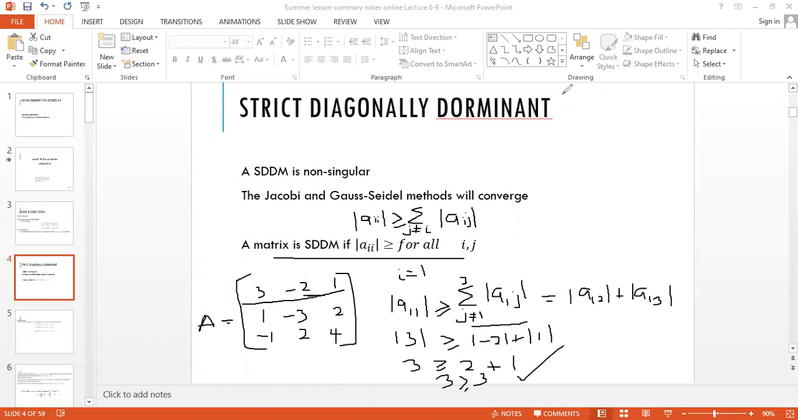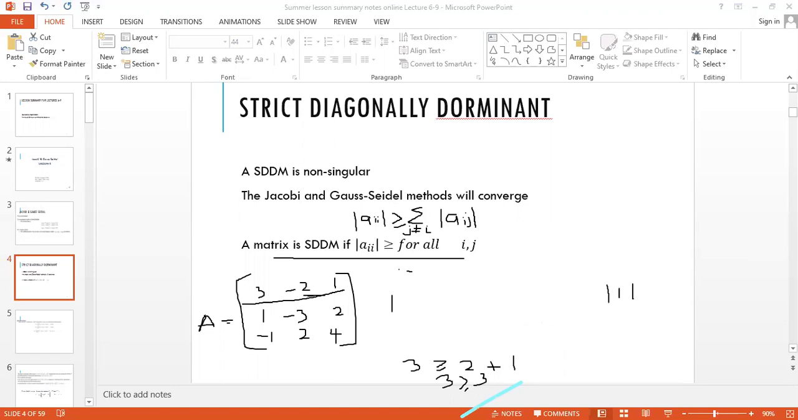Now, when i equals 2, the formula becomes the absolute value of A22 should be greater than or equal to the absolute value of, this time your i is 2, so your j cannot be 2. So we're going to have A21 plus